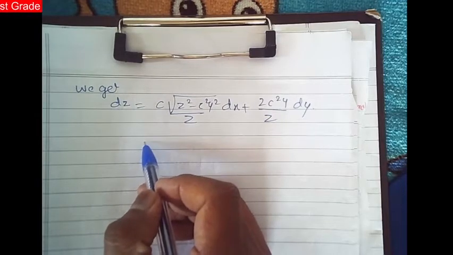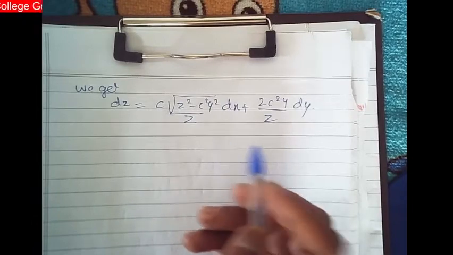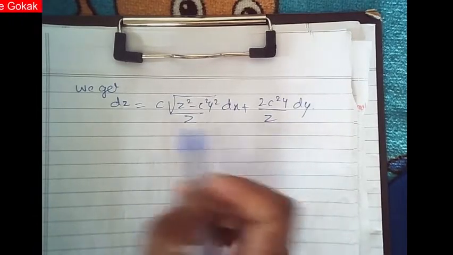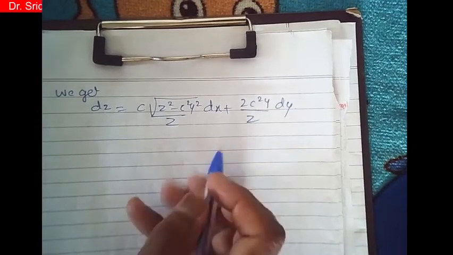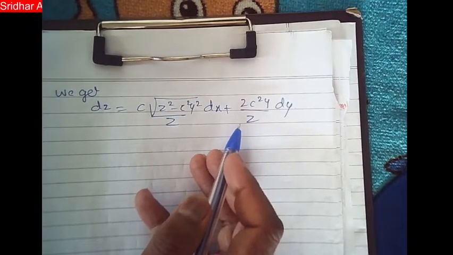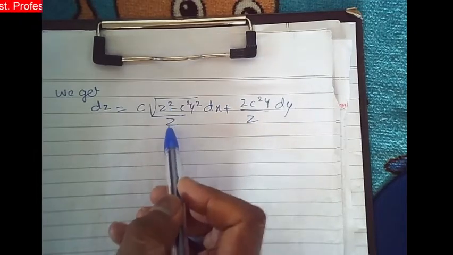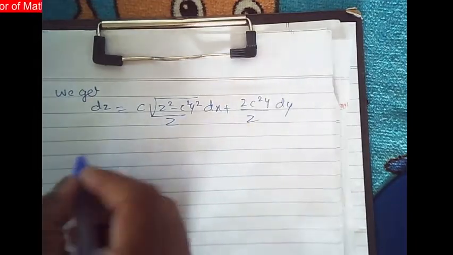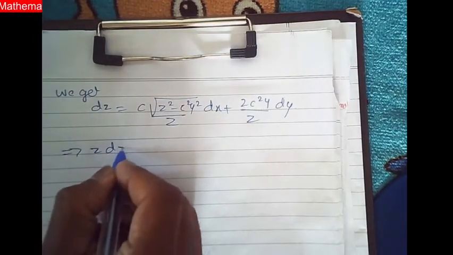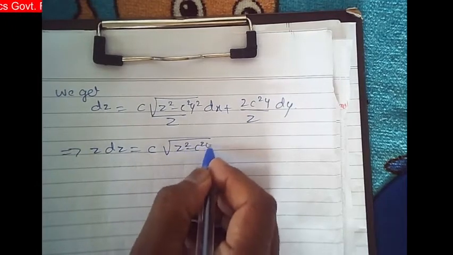Okay, so now we integrate. Otherwise, we can take the common term, taking z common. In this case, 1 by z common and 1 by z common, and cross multiply here, which implies z dz is equal to c into square root of z square minus c square y square plus,